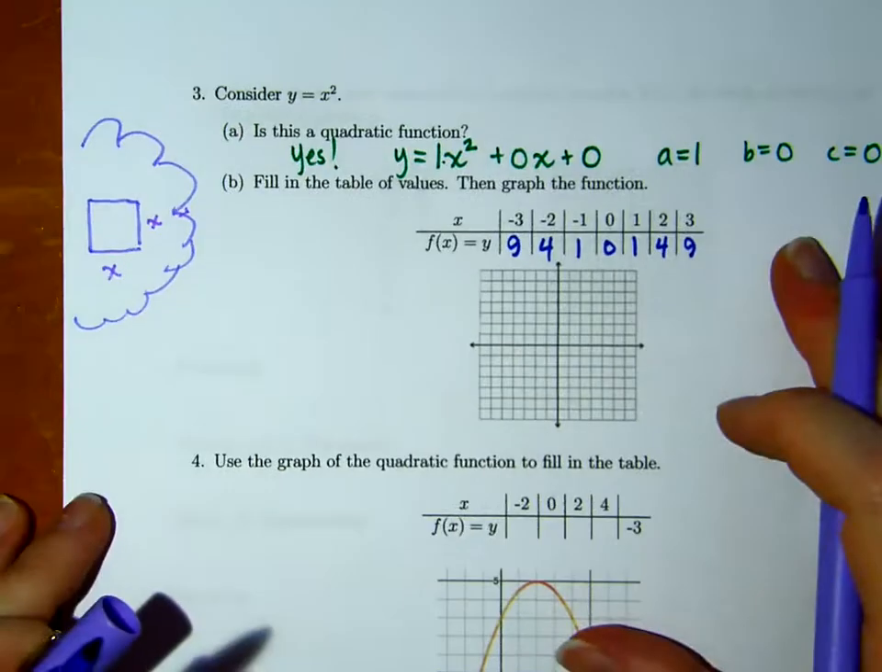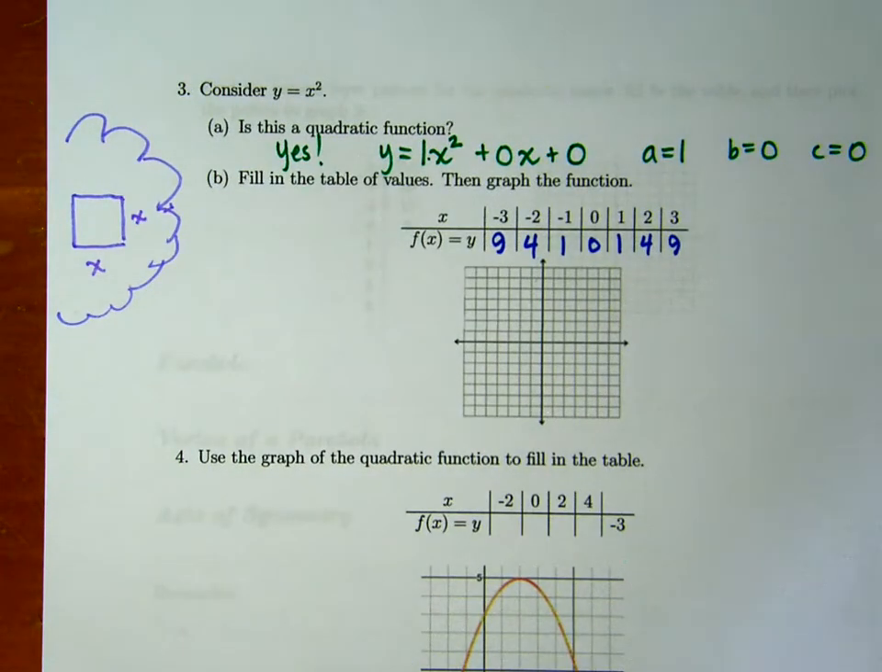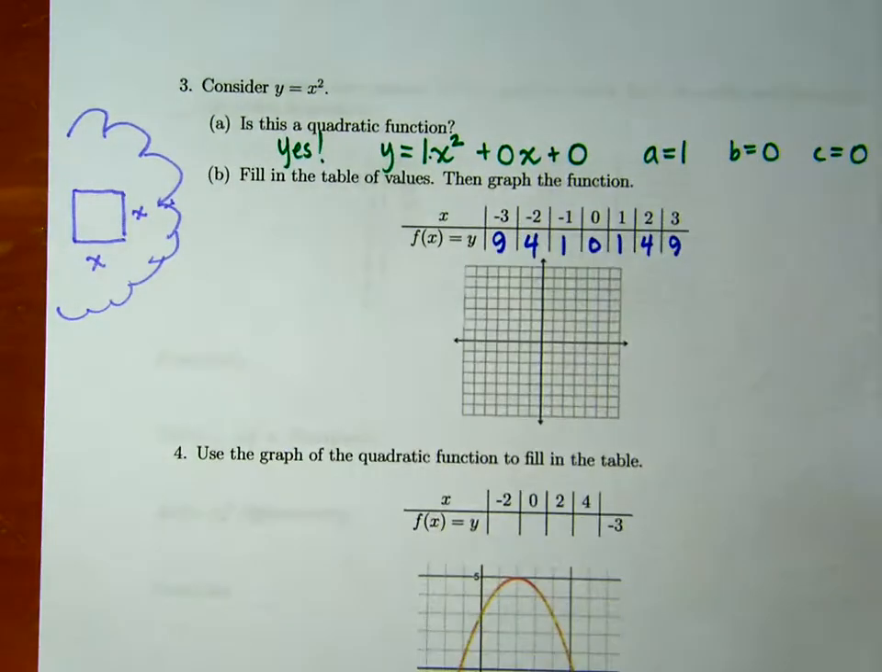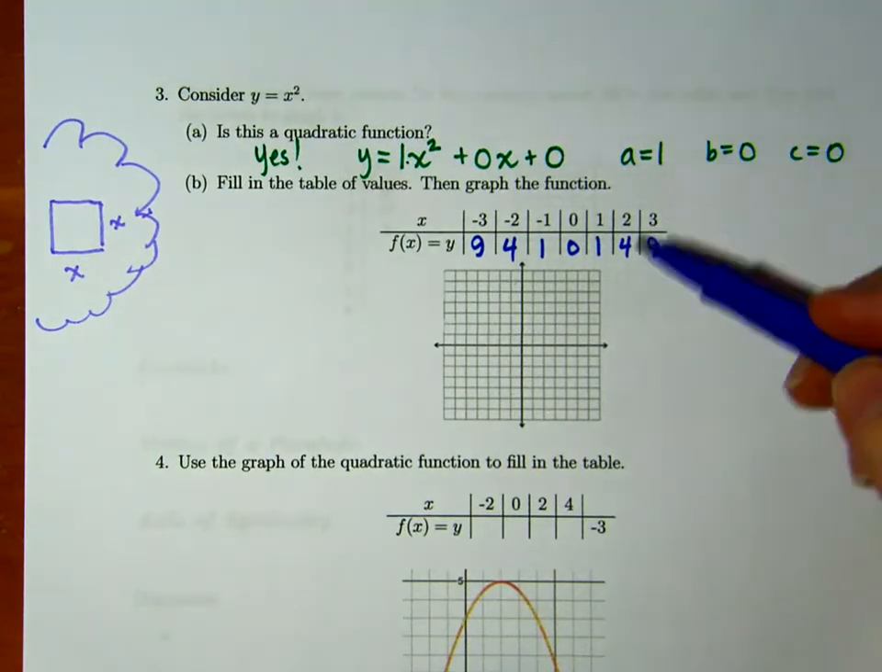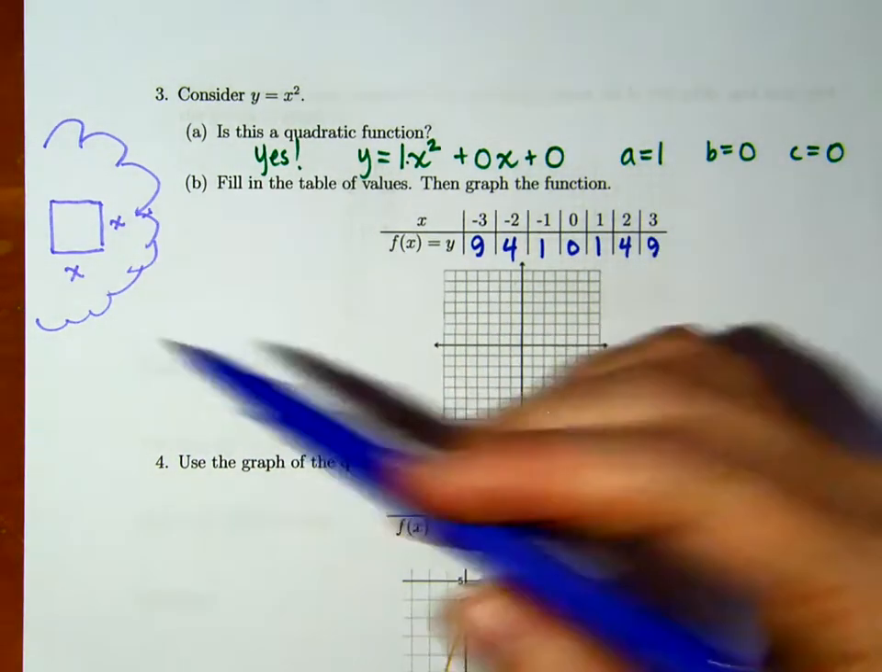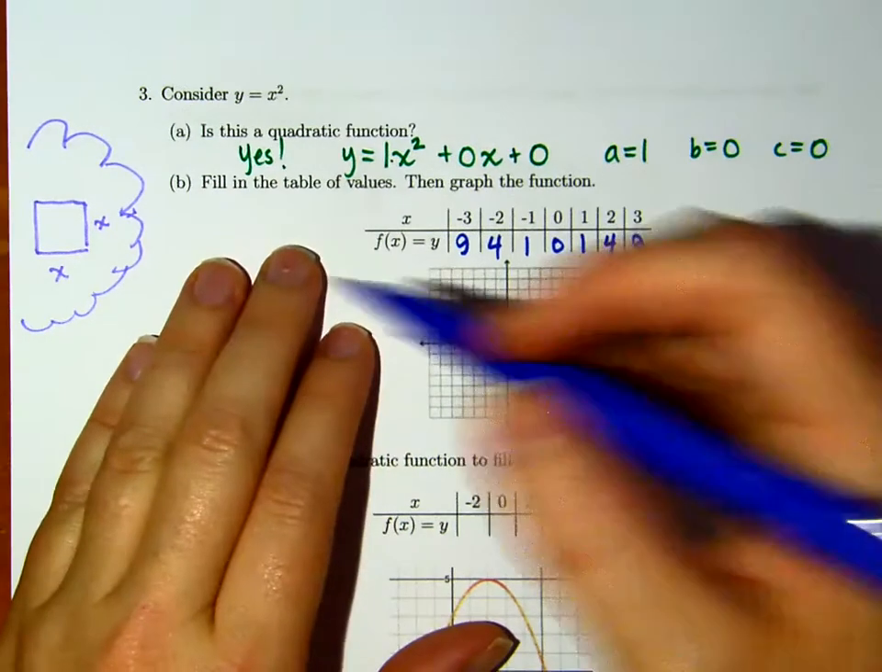A literal square, and we are squaring it. A 3 by 3 is 9 in area. A 2 by 2 is 4 in terms of area. Okay, nonetheless, so this was just a